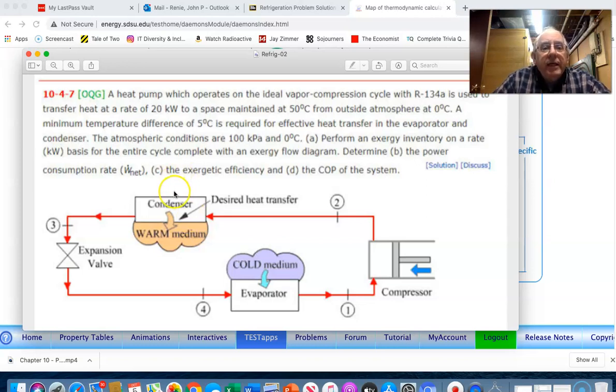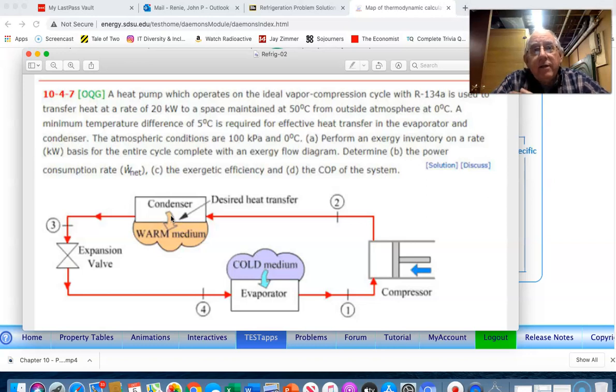There has to be at least 5 degrees of temperature difference for the refrigerant to transfer heat to the 50-degree temperature. So the temperature here at state 3, the saturated liquid condition,